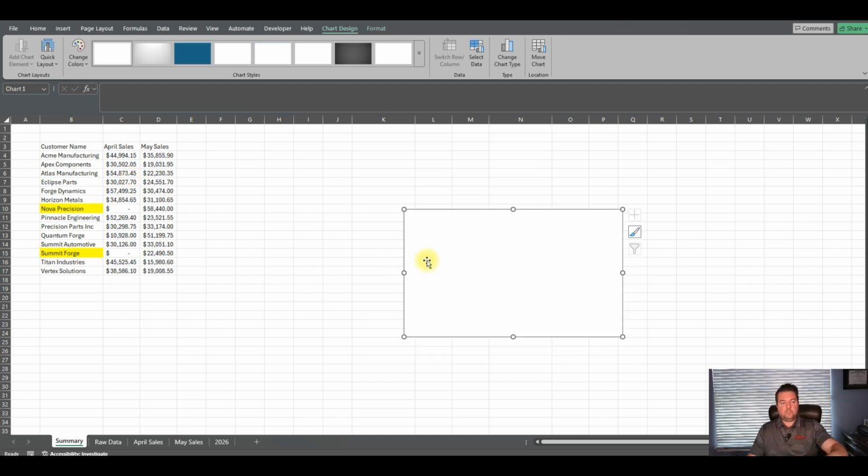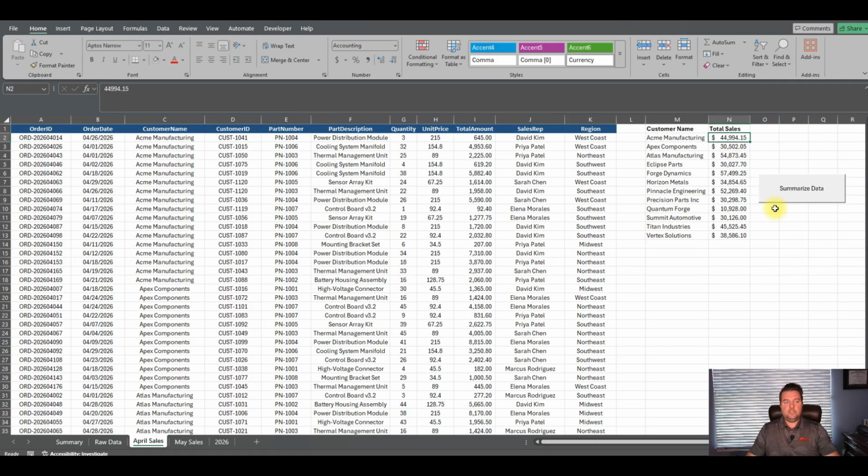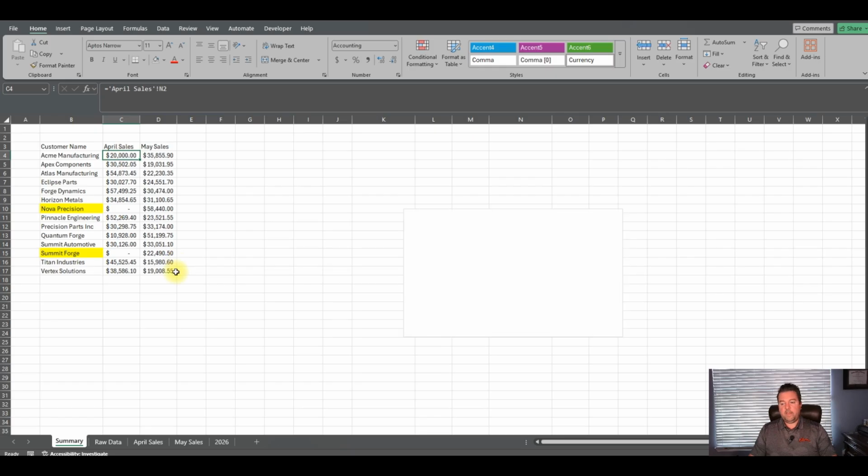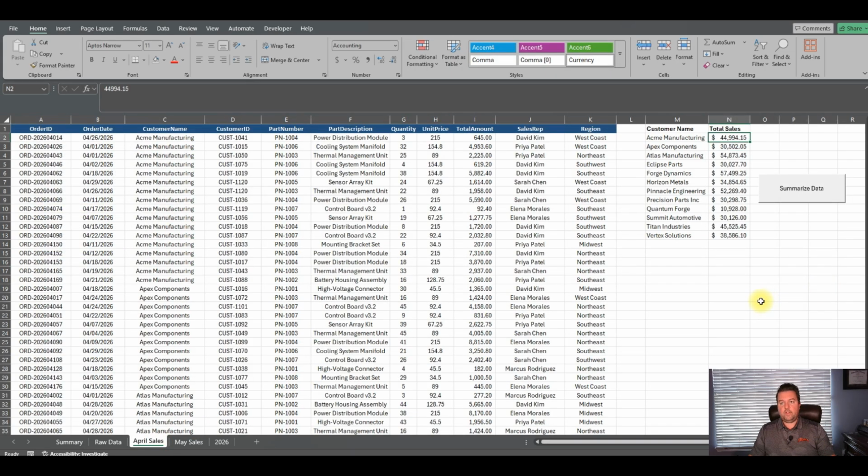Okay, so as I was just talking about, this table can update itself now because these numbers, like if I change this to like 20,000, okay, guess what just happened? This updated automatically. And your visualization will update automatically, okay? Because everything's referencing everything else correctly.